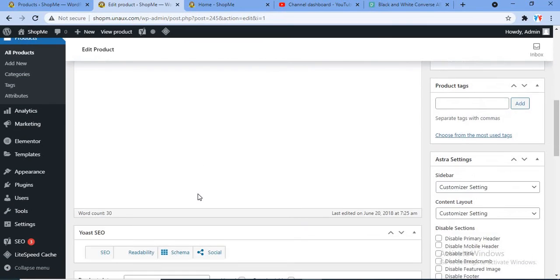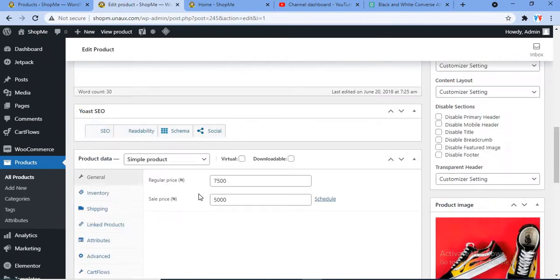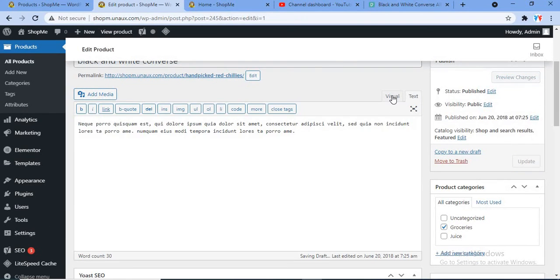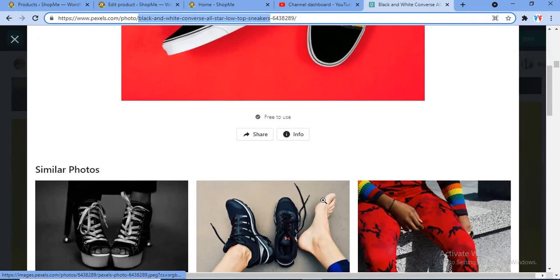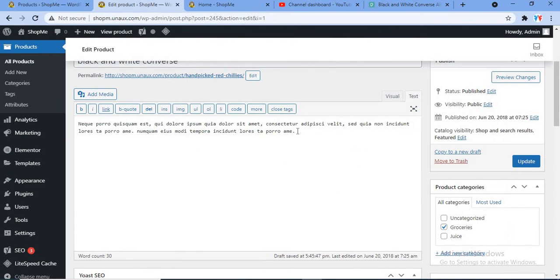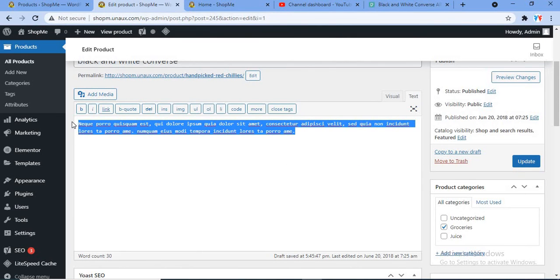So this is it. Then I'll be adding a description. I'll click on text. It was on visual. I'll click on text. Then I will add other information about this shoe. I can decide to write this